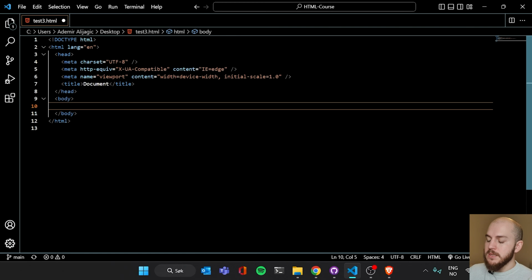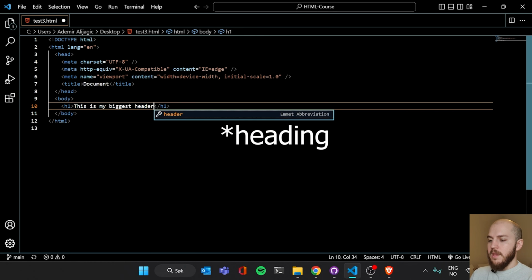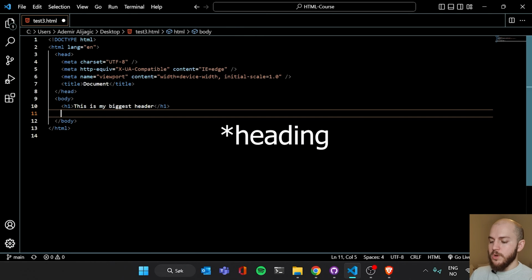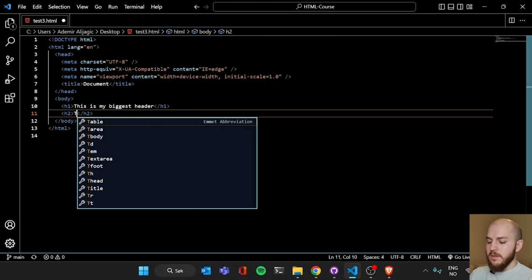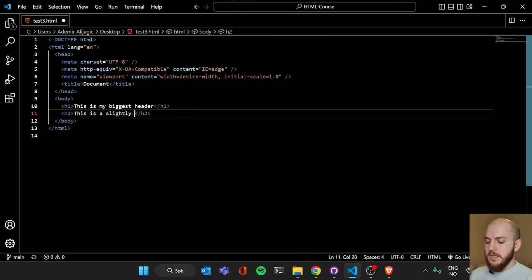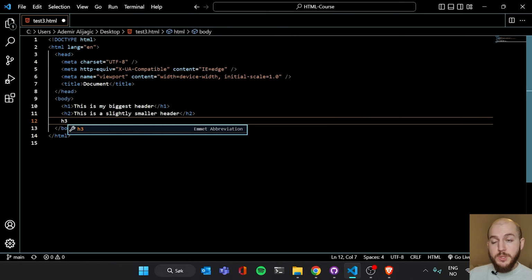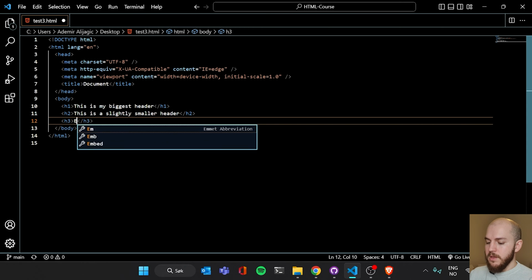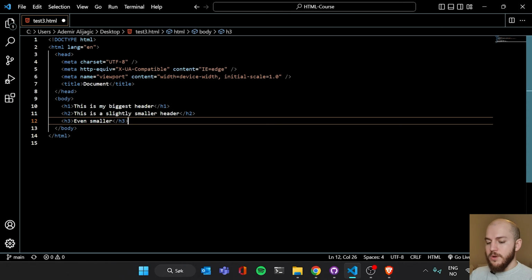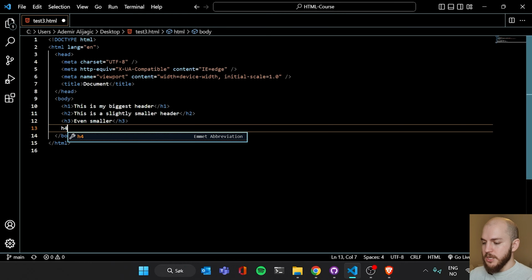We are going to nest now an H1. We're going to just write H1. We don't need to write the brackets. And we're going to just hit enter. And then we're going to write, this is my biggest header. And then we're going to hit enter. We're going to write H2. This is a slightly smaller header. And then we're going to write H3, even smaller. So you can go on like this, H4,